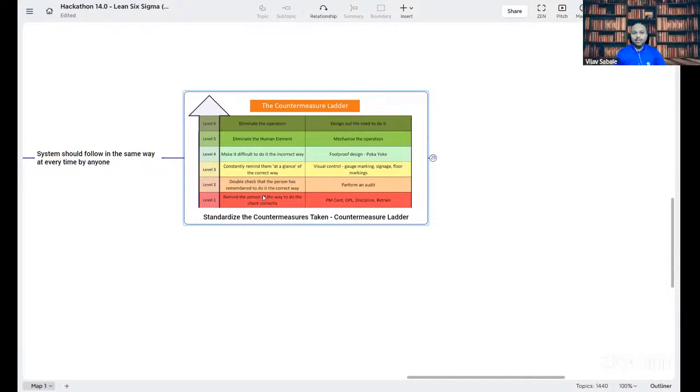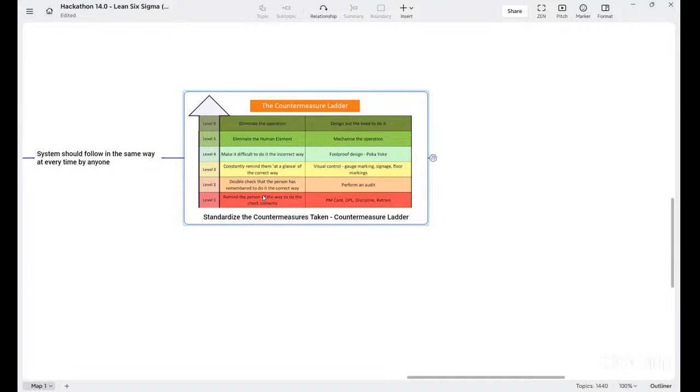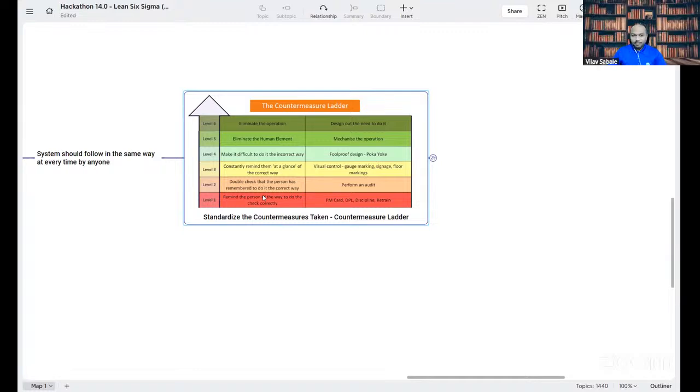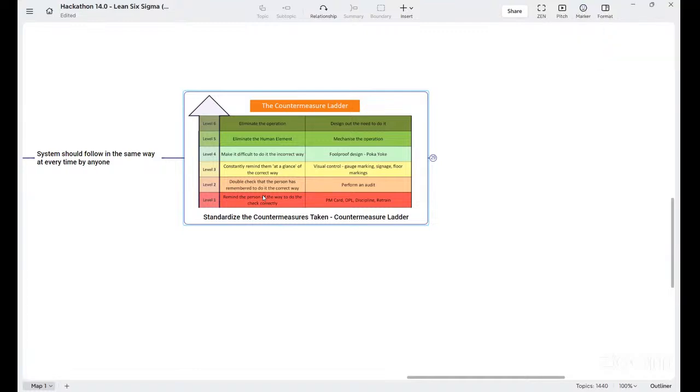Markings again, you can say it's a level 3, right? Because you are going to mark there. So it's very easy for them to understand, okay, they need to stop there, and they should not jump. But what is level 4? I mean, marking in the sense if you take a right turn,